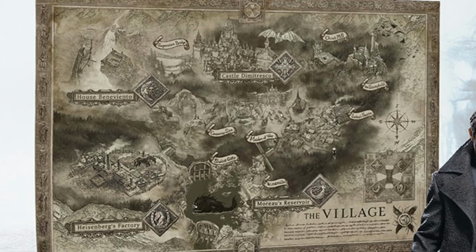So we know this is the graveyard here, and you're going to need to put something in these doors to go to Castle Dimitrescu. That's going to be very interesting. Whether you find it in the village or not, I'm not entirely sure. But you're probably going to have to go to certain parts of this map to get those parts to put in the door. But I've just noticed, to the left of where it says Maiden of Wine,